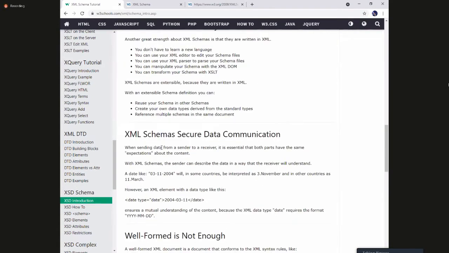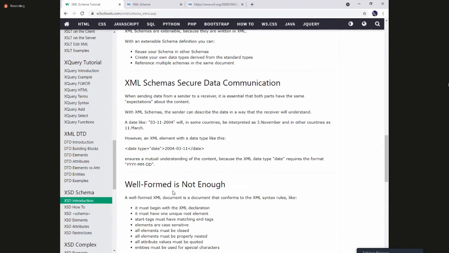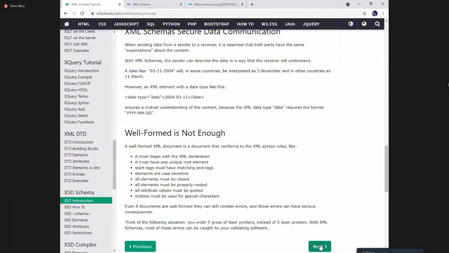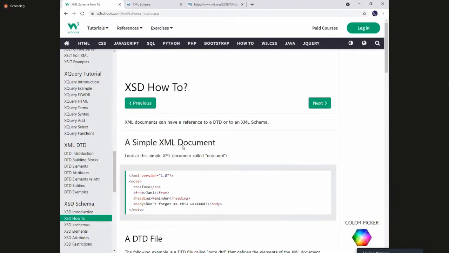When sending data from a sender to a receiver, it is essential that both parties have the same expectation about the content, right? That means we should have a standard. So likewise, we have to define the XML schema definition, validate it with the validator, and make sure it works fine. So moving forward,